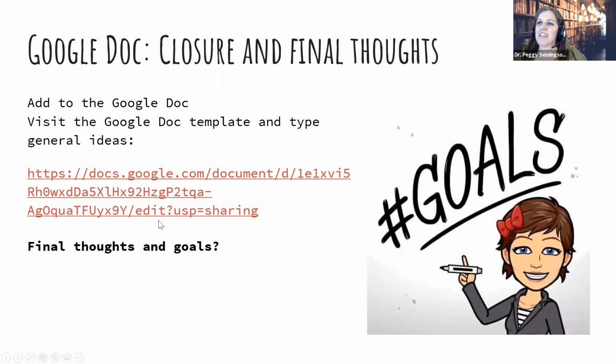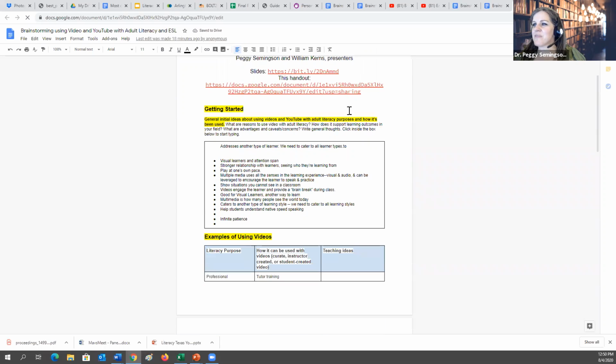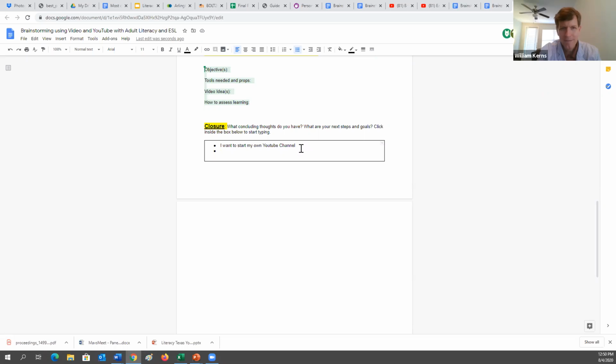So, okay, great. We'd like you to just kind of share any final thoughts on the document. It's not required, or just final thoughts and goals. So we'd love for you to type a goal into either the document or the chat window, and Emily's posting our contact information. So at the very bottom, right here, what are your final thoughts? Feel free to share them in the chat, or in the closure box. Or anything you want to share or ask of us right now is also good. So yeah, feel free. Thoughts, next steps, that kind of thing.